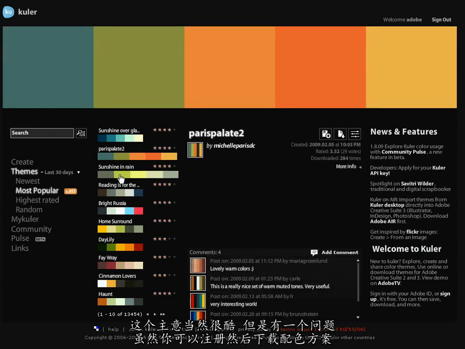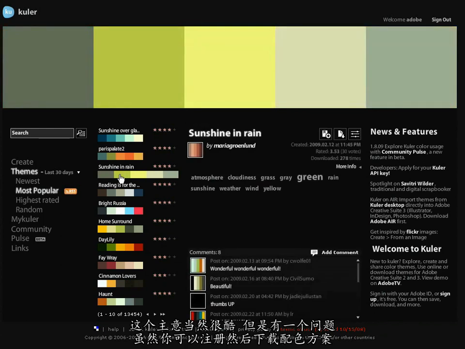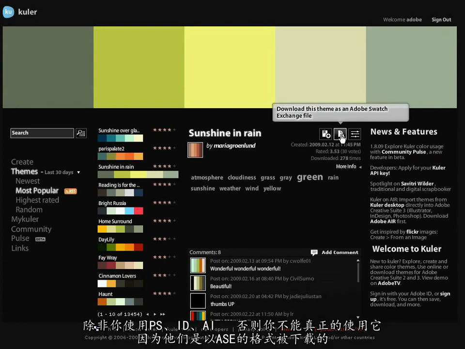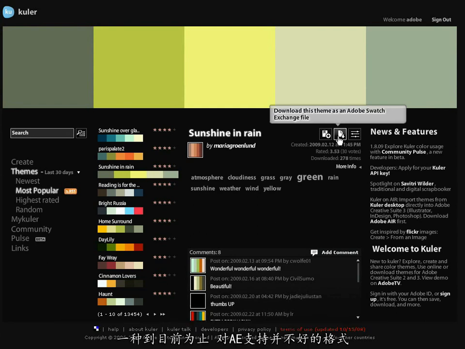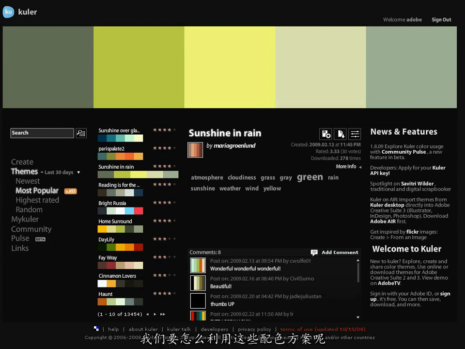And the idea is, of course, pretty cool. You've got to be logged in to actually be able to download those schemes. But the trick is that unless you're working in Illustrator, InDesign, or Photoshop, you can't really use those color schemes, because they are downloaded in the Adobe Swatch Exchange file, which is totally useless as far as After Effects is concerned. So what you have to do to actually take advantage of those color swatches, you have to screen